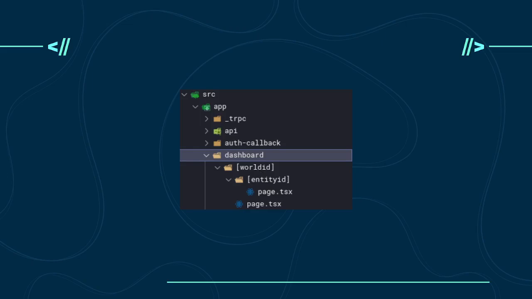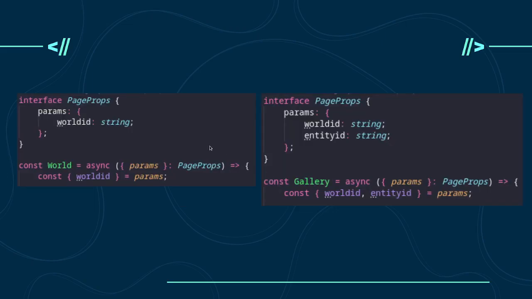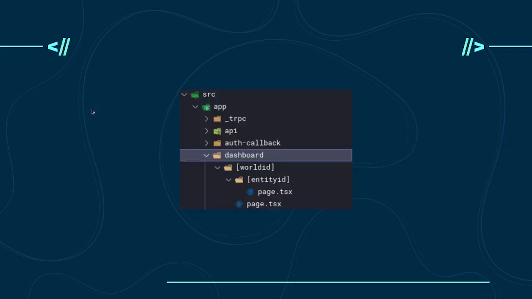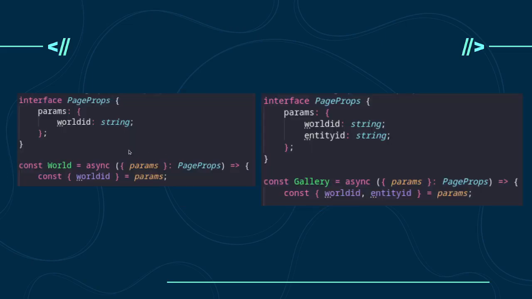And there's plenty of examples of this. All social media sites work this way, right? Again, LinkedIn does the same thing. So that's how we can get that information and make our page.tsx dynamically when you request it. And look, this is how easy it is to use this in Next.js. If you make an interface called page props, and remember, this is worldID, it must match, case sensitive, but you say worldID is a string. And then this is it. const worldID equals params. And now I have the ID of the world I'm on.